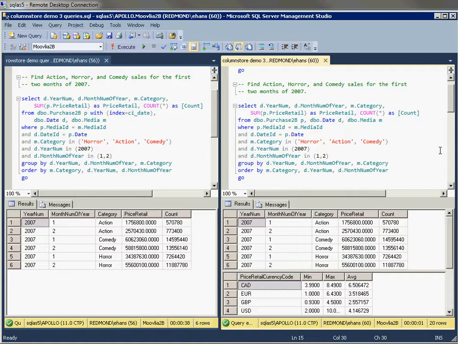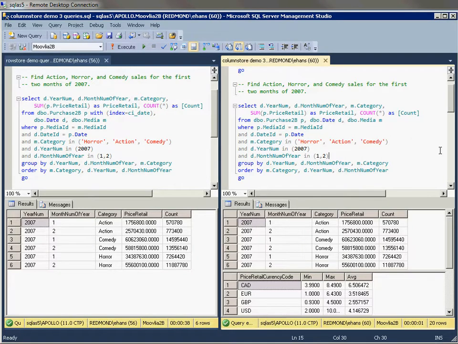So another neat thing about this technology is that it's based on VertiPack. VertiPack is the columnar data representation capability that also is used in SQL Server Analysis Services and Power Pivot. So we've tied together all 3 of those systems, SQL Server, Power Pivot, and Analysis Services, with the same column store technology underpinning, VertiPack. And we think your business analysts are going to love this fast interactive response time they're